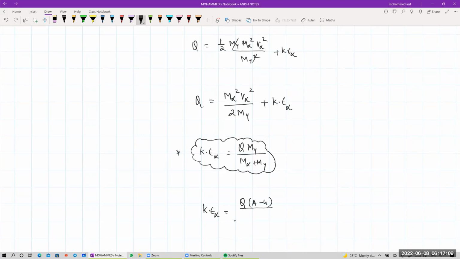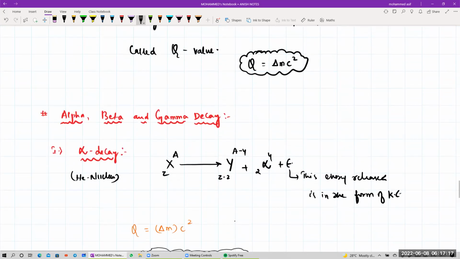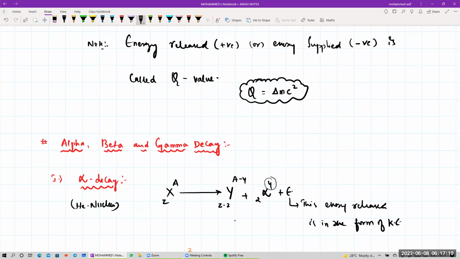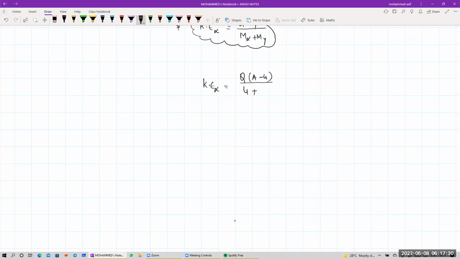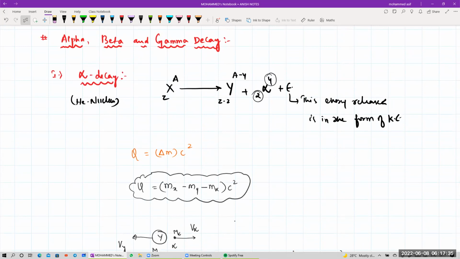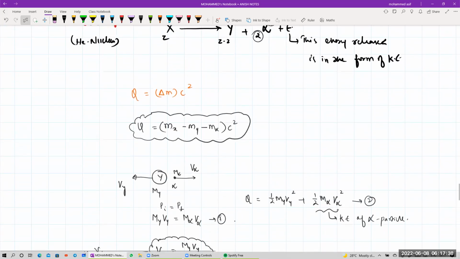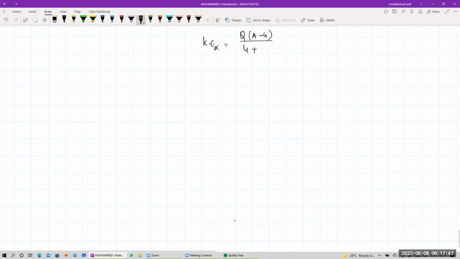What is the mass of the alpha particle, you tell me? Alpha particle mass is 4, atomic number 2. So the mass of the alpha particle is nothing but 4 plus the mass of the daughter nucleus. What is the mass of the daughter nucleus right now? A minus 4. So this one, A minus 4, plus this 4 will be